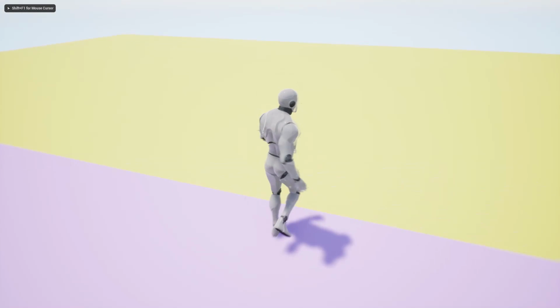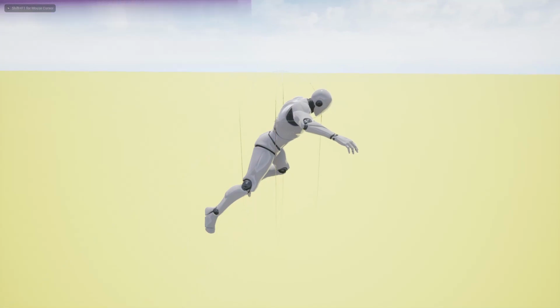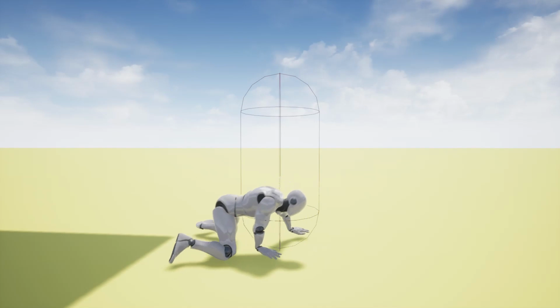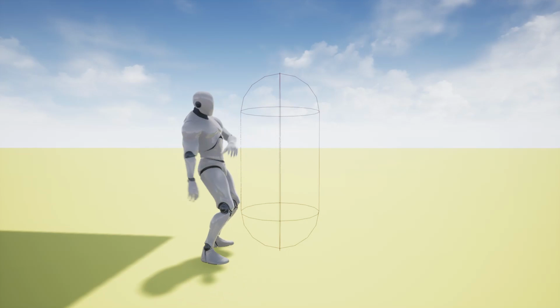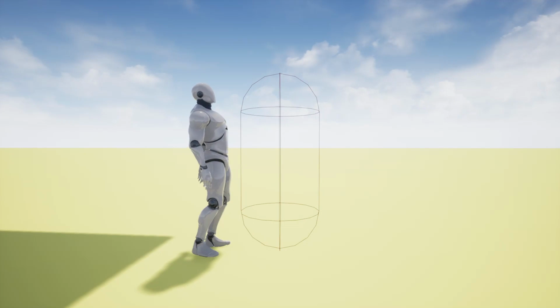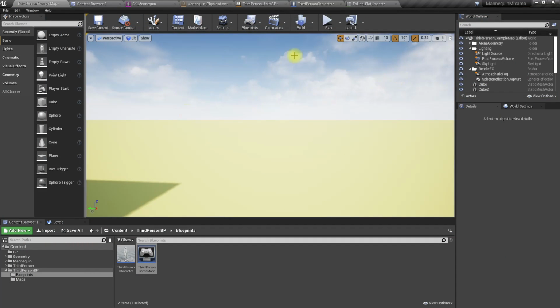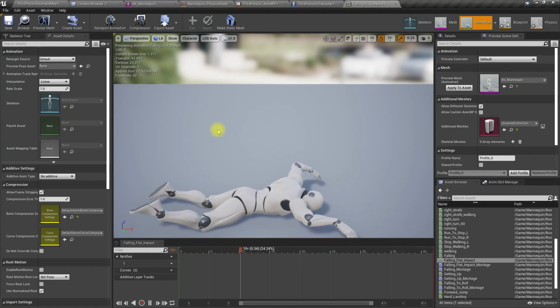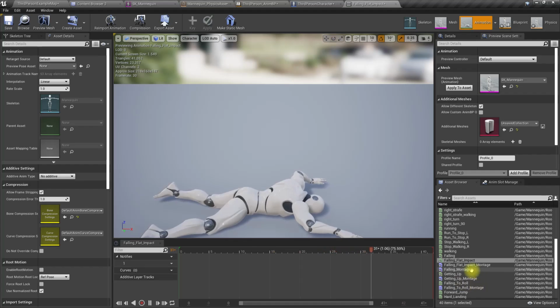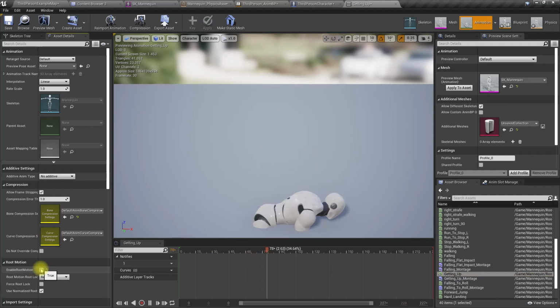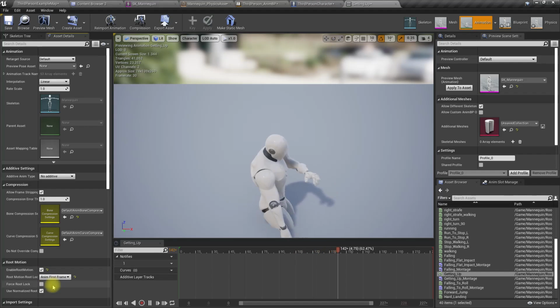Let's see how it looks. Alright, there is a small issue, but we should be able to fix it with root motion. If I enable root motion,